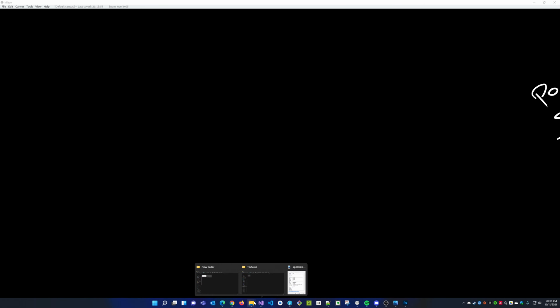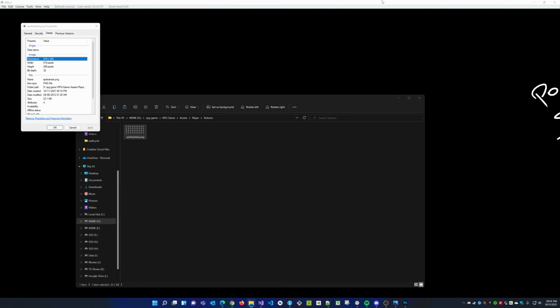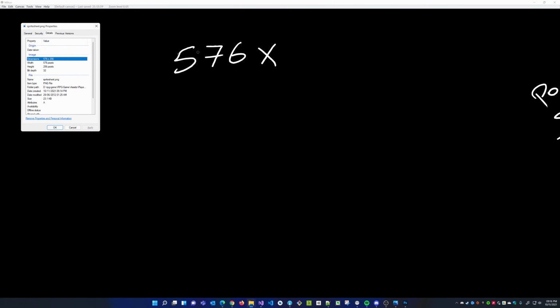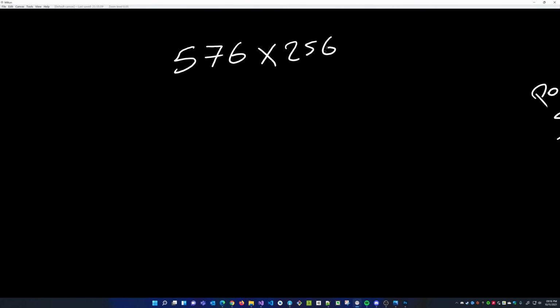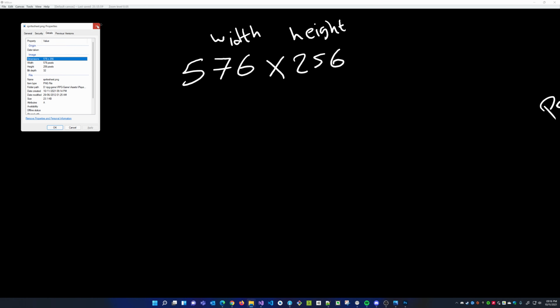I forgot. It was 576 by 256. So these are the dimensions for my image, right? This is width, and this is height. All right, cool. We need to do some math.